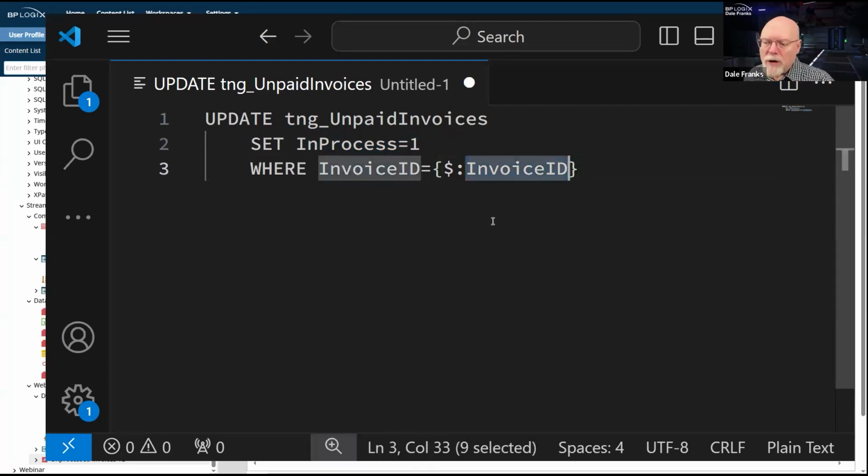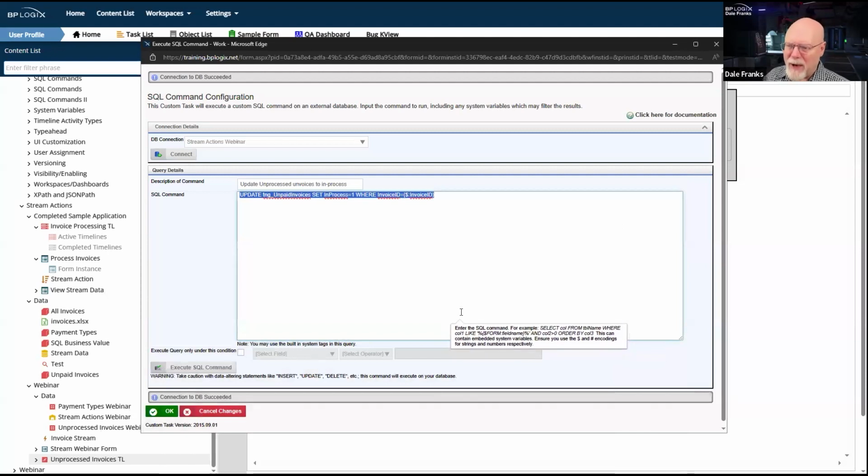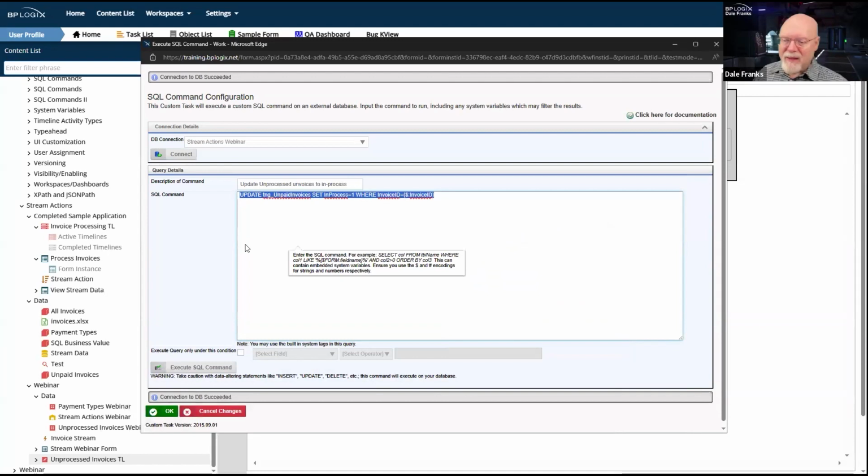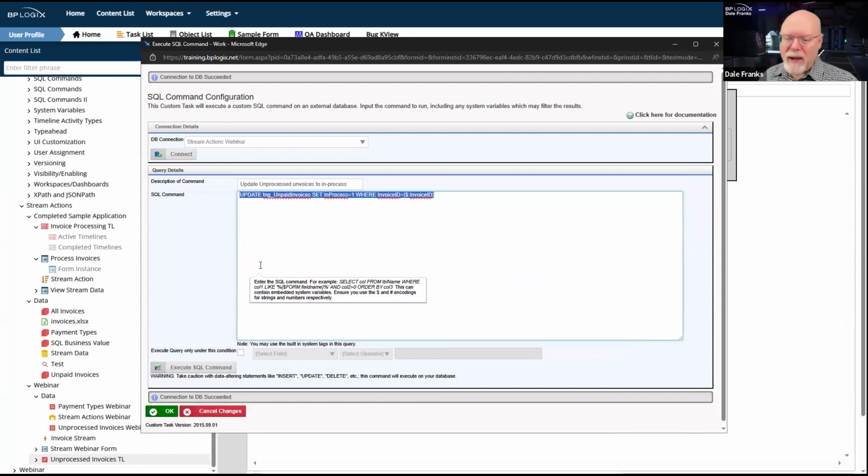So whichever record matches the invoice ID that's on the form, that's the one that is going to be reset back to 1. I say reset back to 1. It's actually just going to be set to 1 so that this item will be fixed.